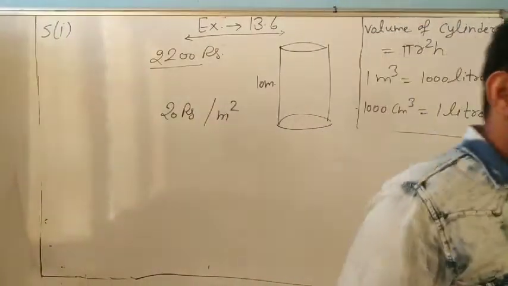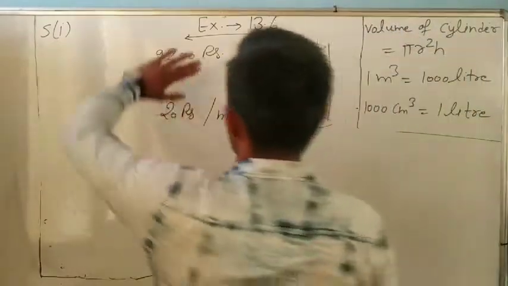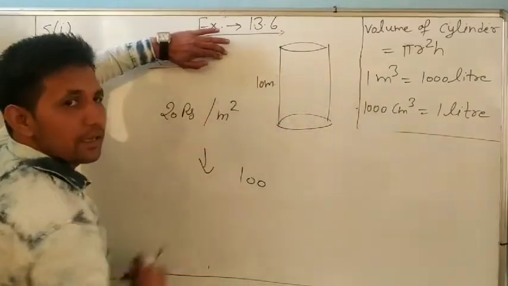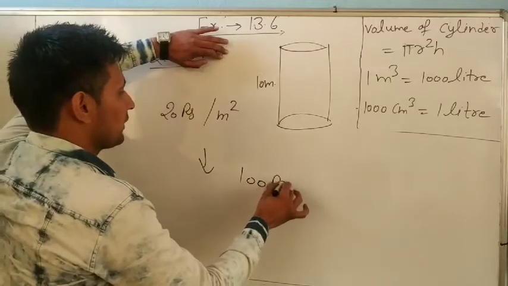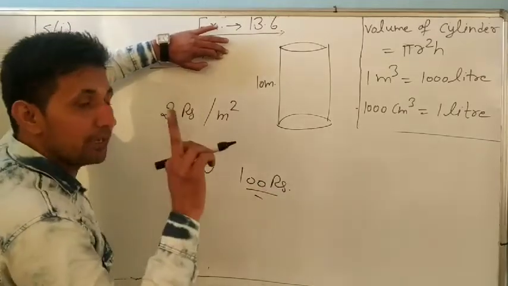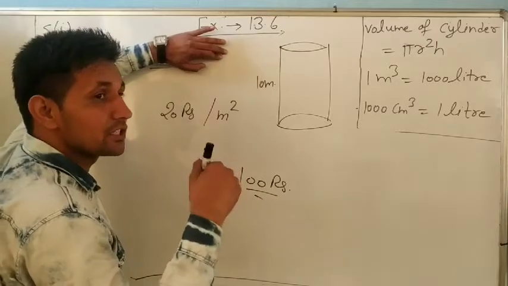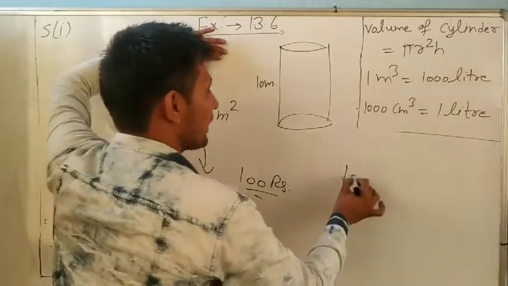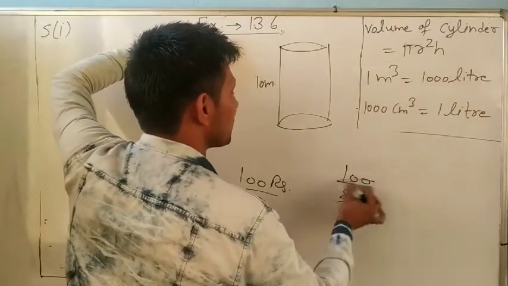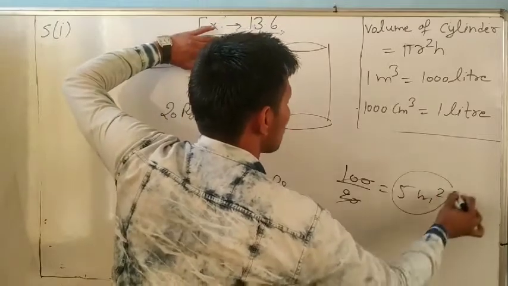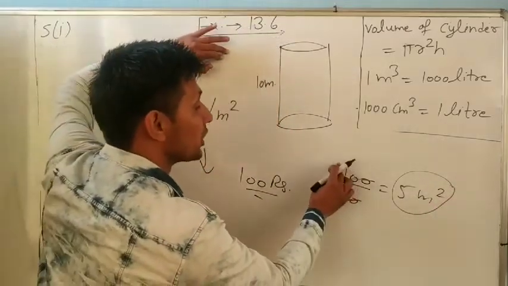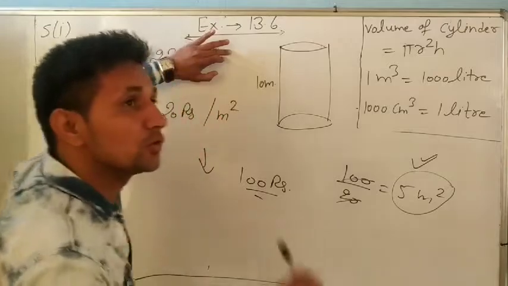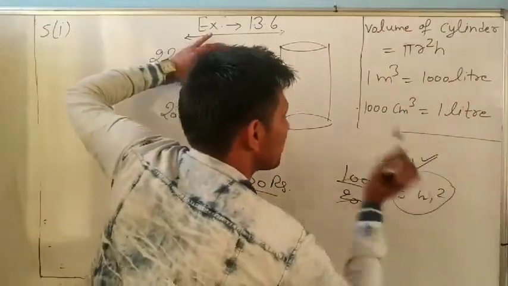Tell me, if I say a very simple thing, if the total cost is 100 rupees, so what is its area? 20 rupees for 1 meter, 40 rupees for 2 meter, 60 rupees for 3 meter square, 80 rupees for 4 meter square, and 100, which means 100 divided by 20. What comes? 5 meter square. If total cost is 100, we divide 100 by the cost of 1 meter, and it will come as the curved surface area, because we are painting only the curved surface. So the curved surface area is 5.